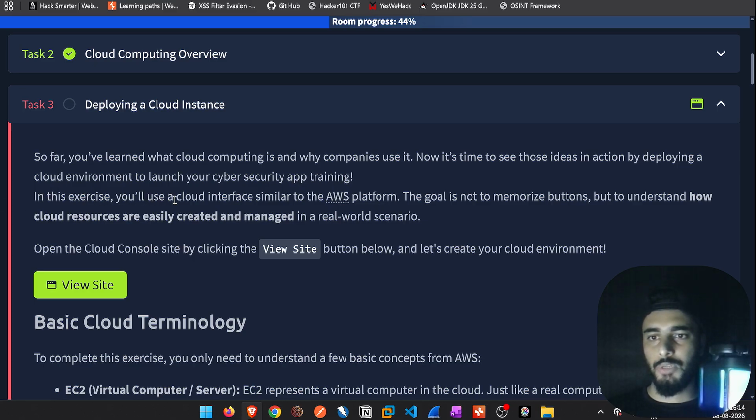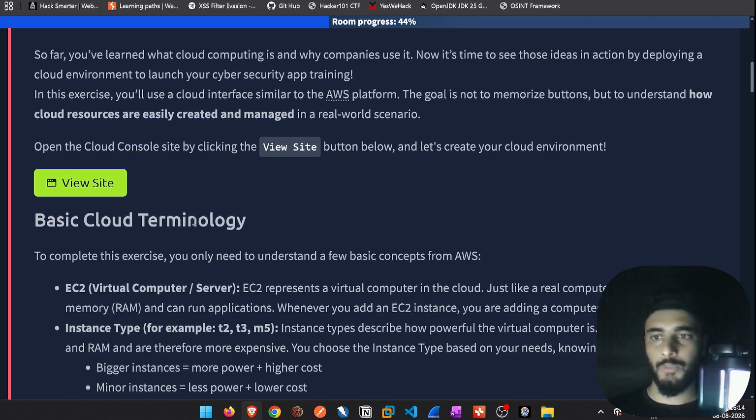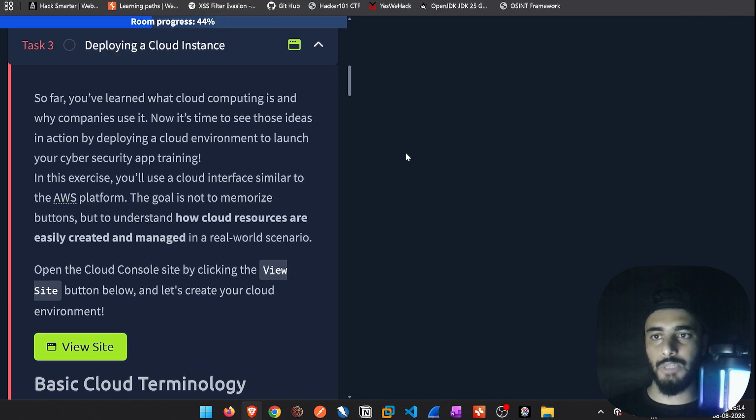In this exercise, you will use a cloud interface similar to the AWS environment. The goal is not to memorize buttons, but to understand how cloud resources are easily created and managed in a real world scenario. Open the Cloud Console site by clicking on the View Site button below, and let's create your cloud environment. So let me click on the View Site button,